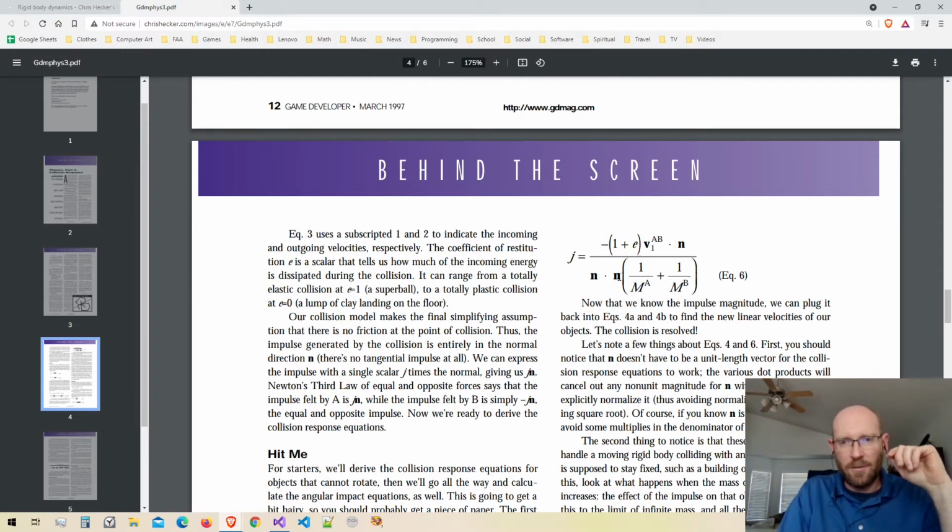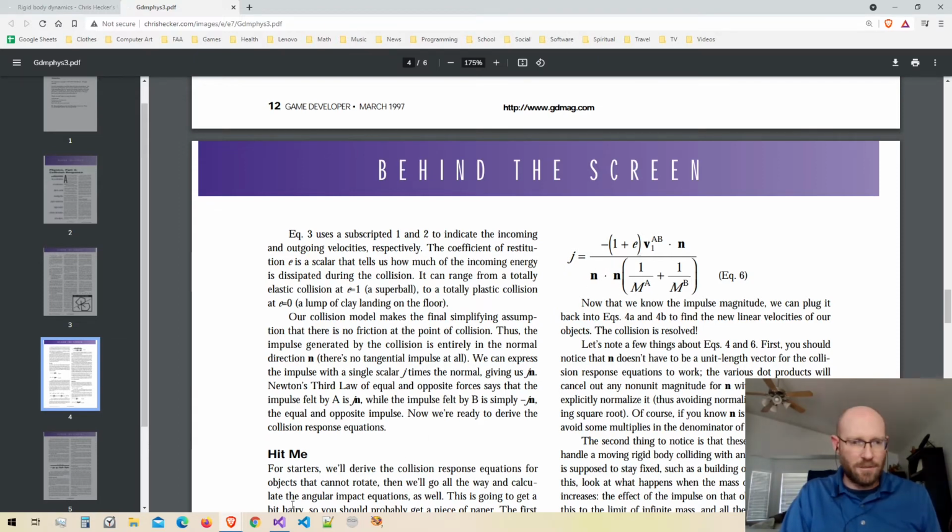Now, the other thing is over here, we have the N dot N, and for our engine, we don't need to put that in there, because when you dot a vector by itself, you get the magnitude of the vector squared, and our normals are already normalized. So it's basically going to be a magnitude of 1, and when you square 1, it's just 1. So we're basically just multiplying 1 by 1 right there, and it's not even necessary to compute that part. Okay, so we don't need to do that N dot N part, but the rest of it we do need